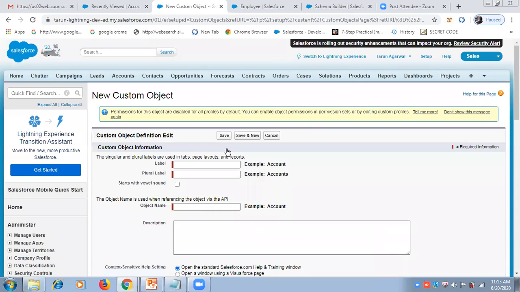I'll give you one more example. Let's say we have a requirement to create a feedback form and store all the user information there.